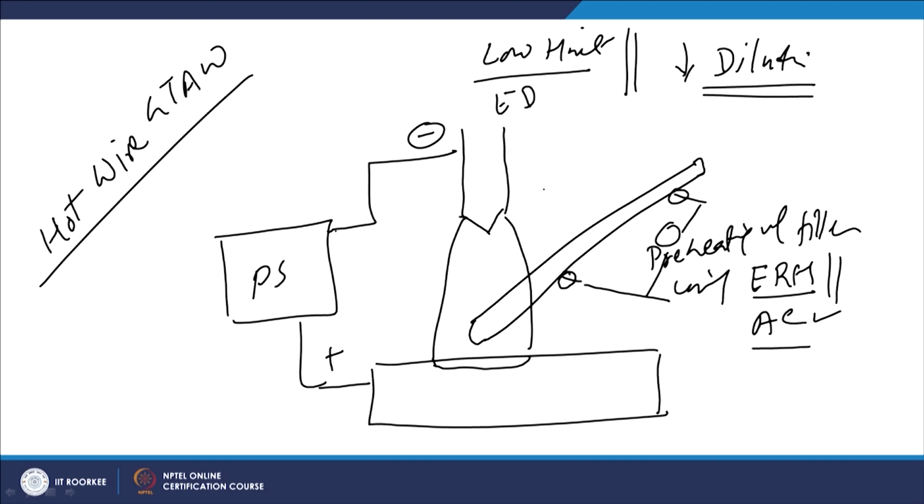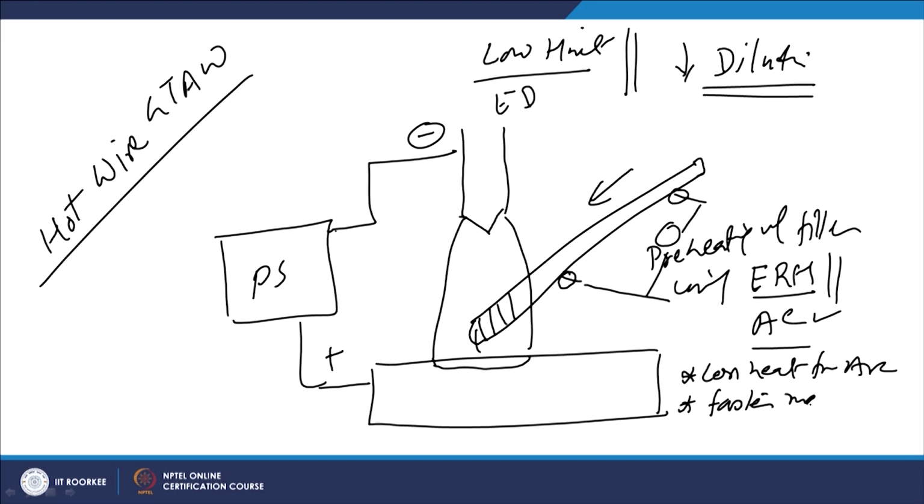So, once the preheated filler wire is fed in the arc zone, it requires less heat for fusion to take place, and that in turn facilitates the faster melting of the filler wire when it is fed in the arc zone. So, the net advantage is what? It requires less heat from the arc for fusion of the filler wire due to the preheating, and the reduced need of the heat facilitates the faster melting of the filler wire.